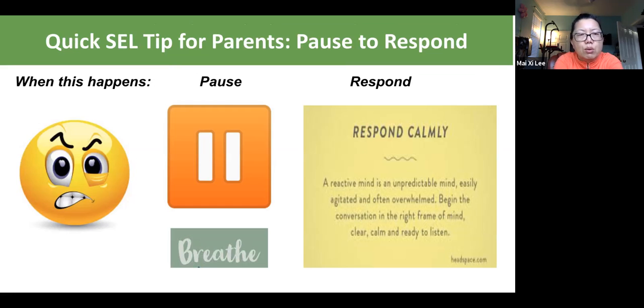And before we go, we want to share a quick SEL tip for parents. While the stay-home order has allowed for more time with family, we also know that this crisis has caused a lot of stress and anxiety for some. And while a little stress is okay, ongoing prolonged stress can be harmful, especially in the way we interact with our loved ones. To support healthy relationships in anxious times, we encourage the practice of pausing in order to effectively